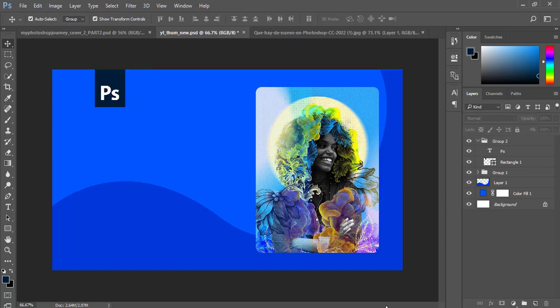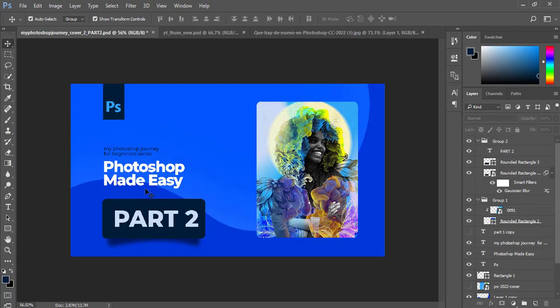I think that place is good. Now deselect by clicking any empty area. Now we are done with this part. It's left with some few text that we will be writing like this,